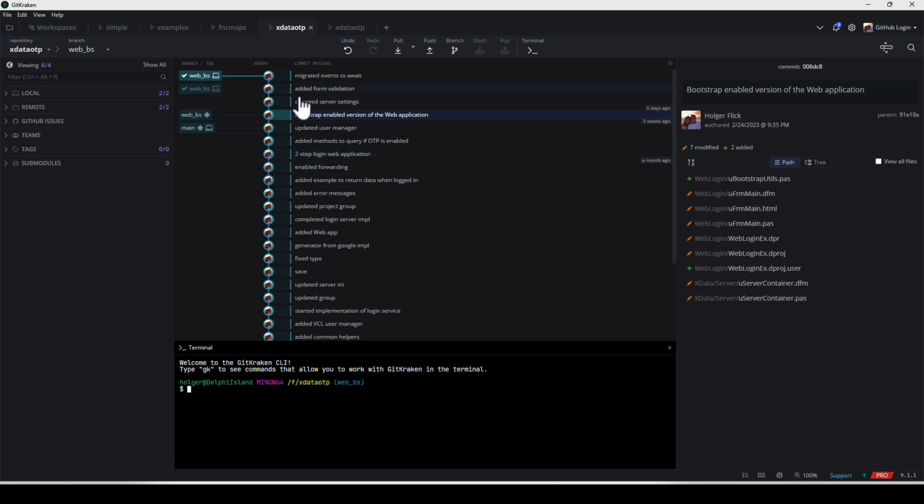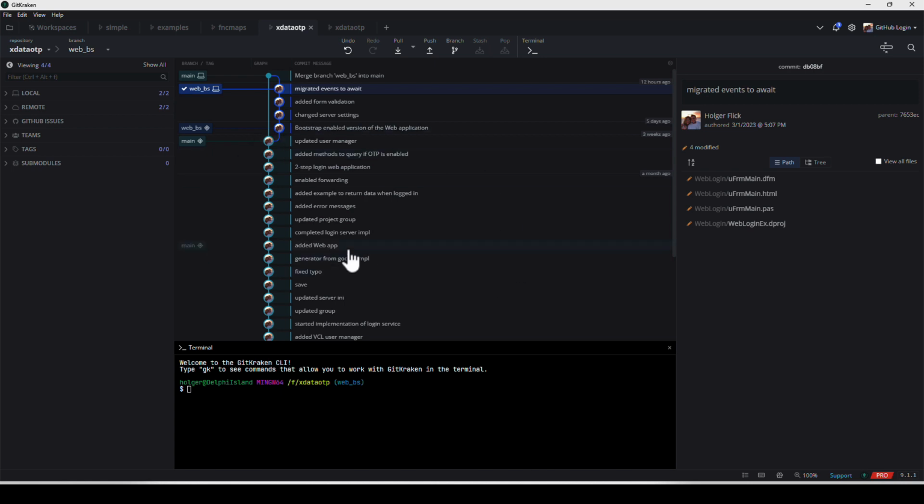That's the main thing. And at some point, I might decide that this Bootstrap version is actually the version that I'm going to use as my main version, meaning I want to use this for my main development. I've decided, well, this is actually great. This is what I want to keep. I don't want to keep the other version. So I pull this over here, drag this to main, and then I can say merge web into main. I click here. And now what happens is a wonderful graphical representation of what I did.